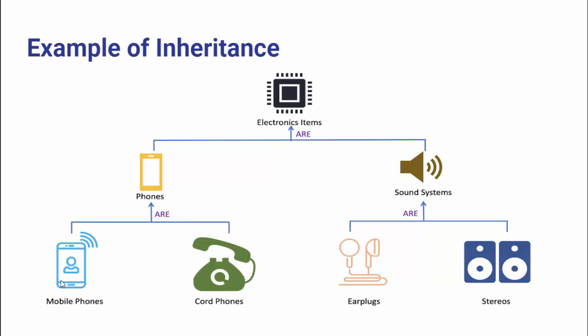Now let's move on to the right hand example. We have a sound system. Now we want to create two other sound systems like earplugs and stereos. Now what we will do is inherit the functionality of sound system and merge the implementation of sound system into earplugs and stereos. Now we don't need to implement this sound system from scratch again. So that's how inheritance works. So we have a superclass, then we have a subclass. The subclass can access the implementation of the superclass. So this is called inheritance.